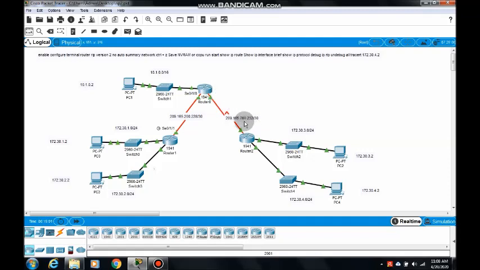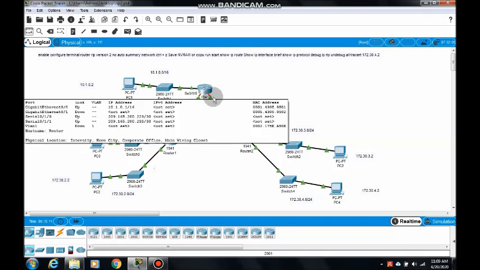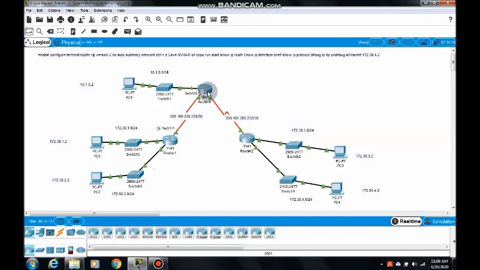In the 4 IP addresses, one address is for the network ID, the last address is for the broadcast ID, and the remaining 2 are given to the interfaces of router 0 and router 2.